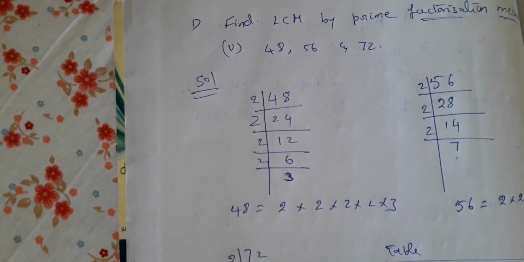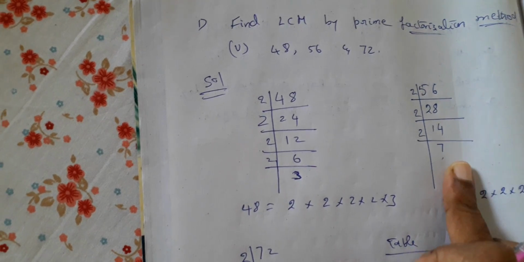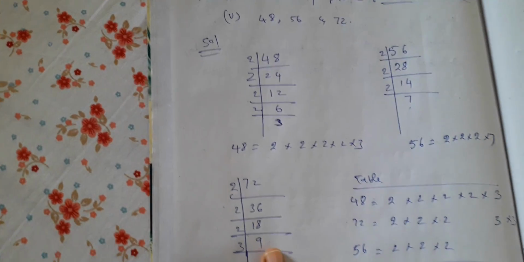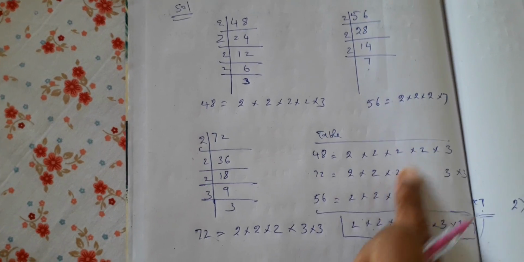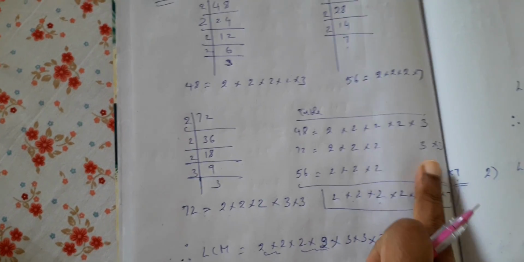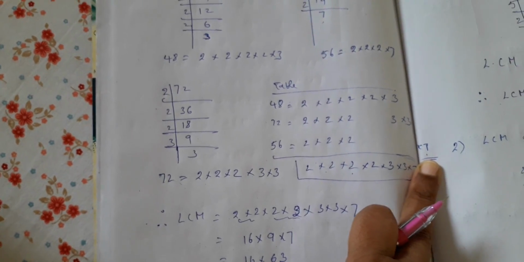Prime factorization method. Let us see it once again. This method you are very much familiar with. You know how to find the prime factorization of this one. After determining the prime factors, we are writing it as a table. So how many 2's do you have? Below everything you write like that. If you don't have another 2, leave a blank. If you don't have 3's, leave blanks. And then finally we are writing 7 here.